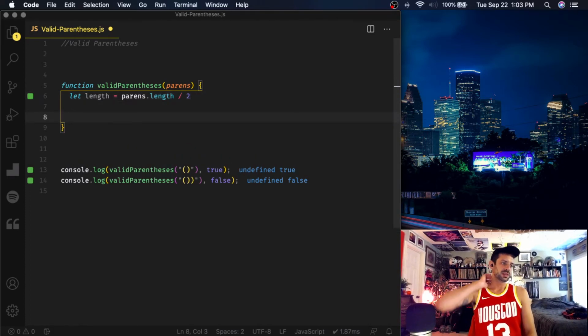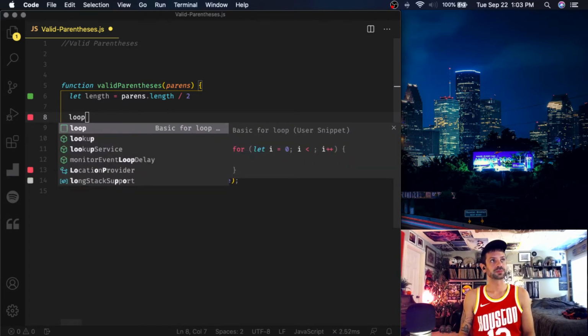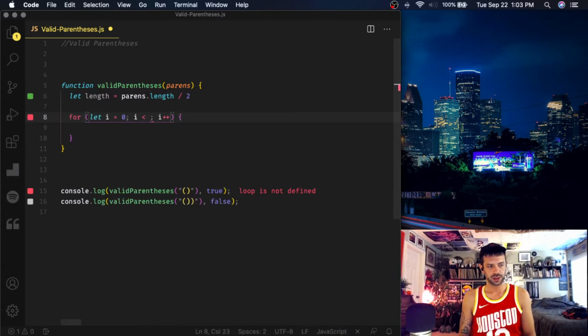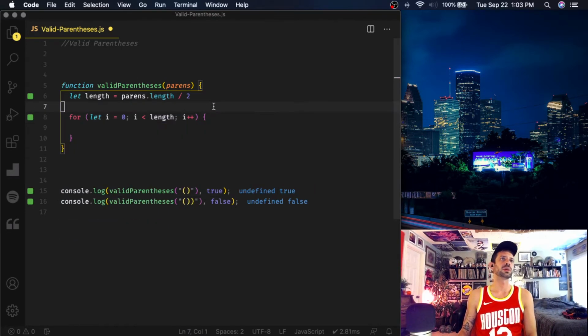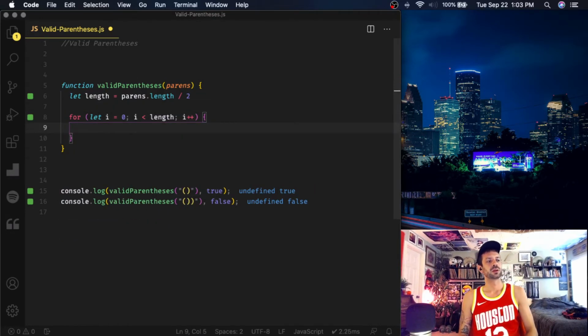So then we need to check it has an opening and closing parentheses. So what we're going to do is we're going to loop through, and while i is less than length, this variable we created up here, we're going to increment it. We'll say i++. And then we're going to say